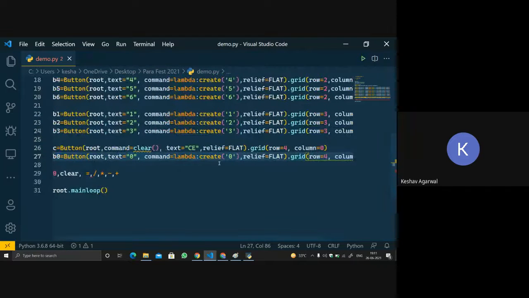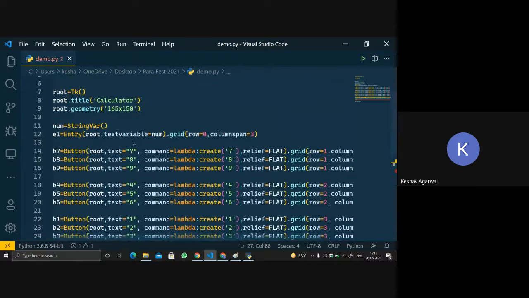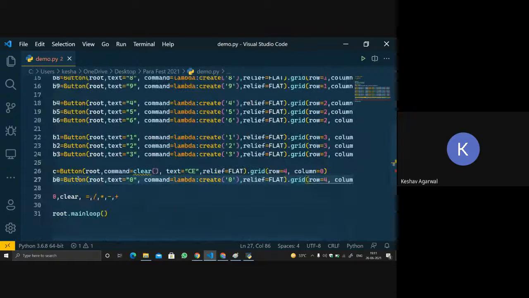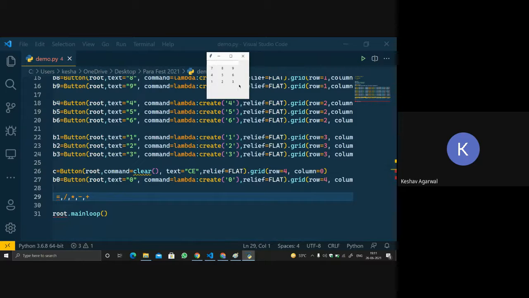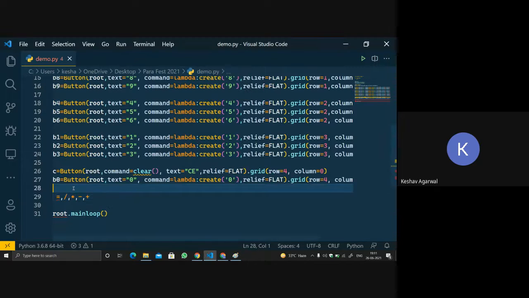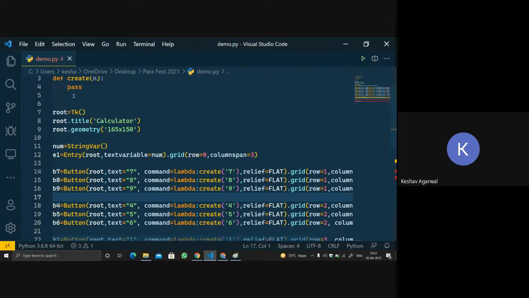Now we have 3 columns, so these 2 buttons are done. We will keep the equal to sign at the most right part. So let's do one thing. We will have to add some sign over here, so let's do it from the start, from the top.